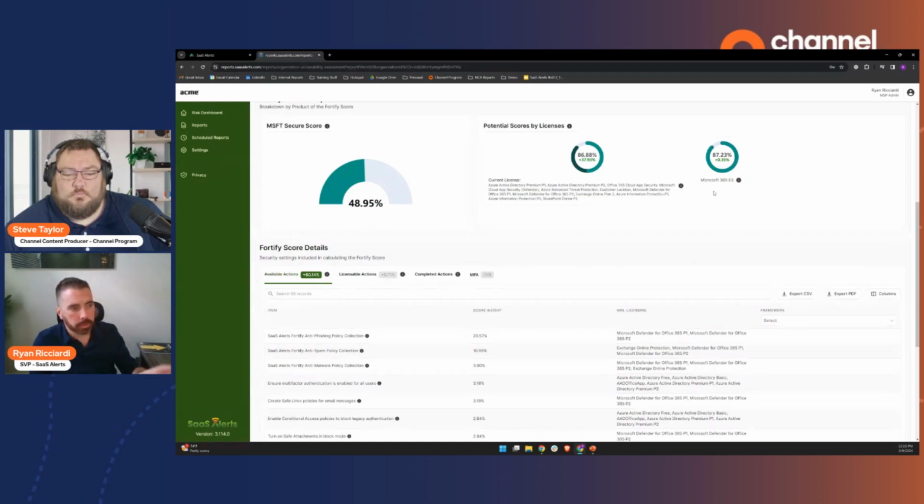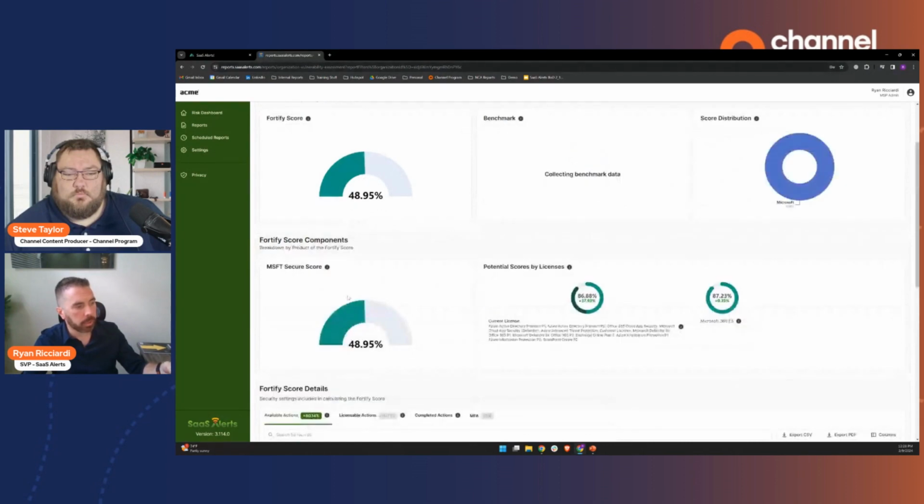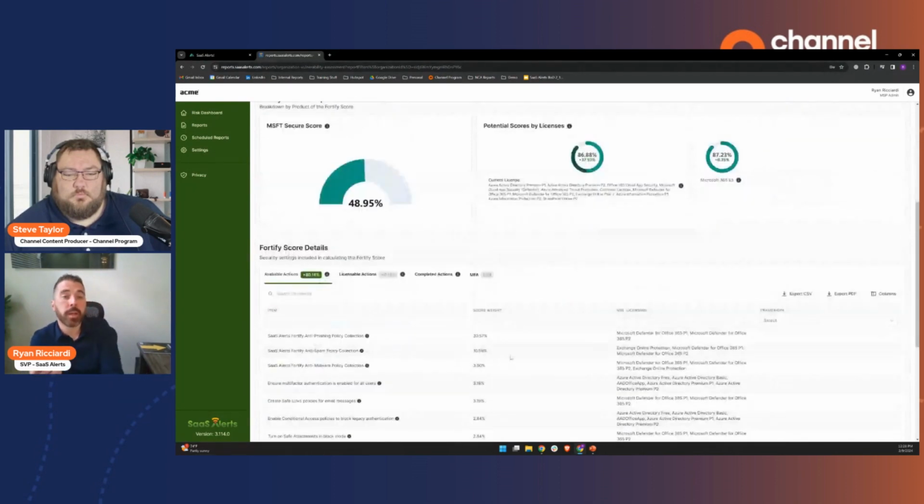And there's a piece to this report that's not exceptionally obvious right now, but the difference between a Fortify score and a Microsoft Secure Score becomes very evident. If you leverage something like Okta or Duo, Microsoft's not going to give you Secure Score points for 2FA, because you didn't do it through them. So in this, you can mark something as having an alternative mitigation method and note what you use in its place, and the Fortify score will give you the points.